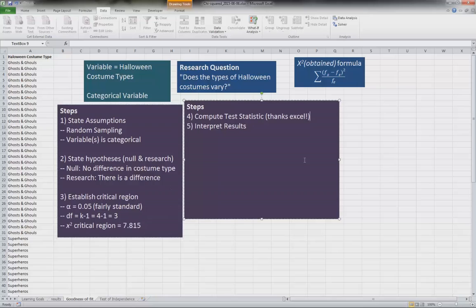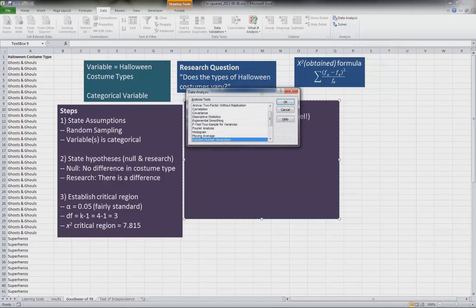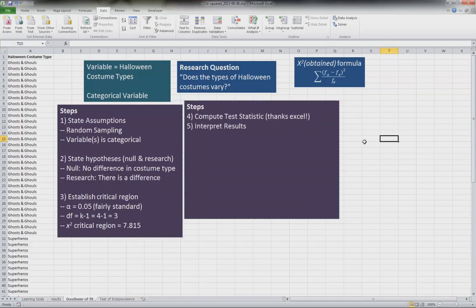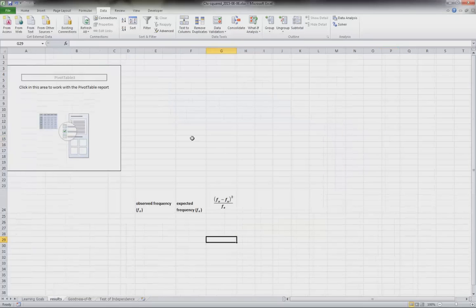Now we need to compute our test statistic. This is where Excel is not as helpful as some of the other statistical programs, because the data analysis pack doesn't have a chi-squared function. So we have to calculate all of our bits of information by hand, or we can cheat a little bit and use some of the functions in Excel to calculate that for us. I already have a results section queued up,